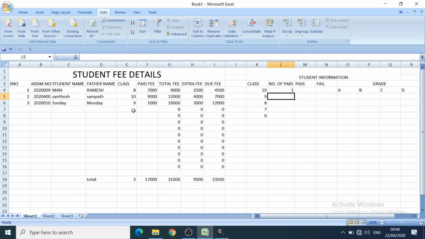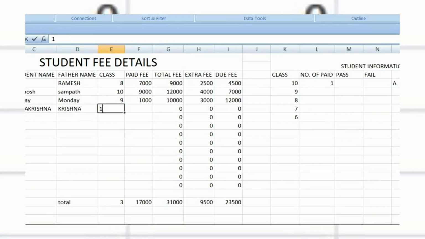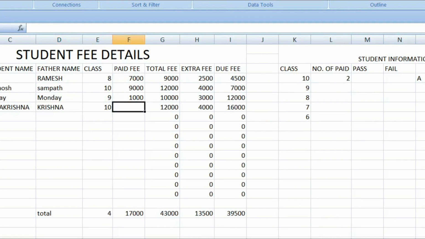If one more person is entered, for example a fourth person, with 2020 admission number, name, and class 10th, then the number of paid is 2.